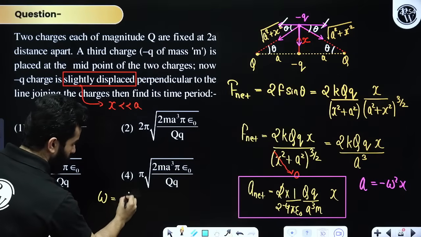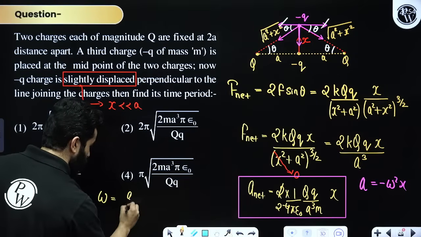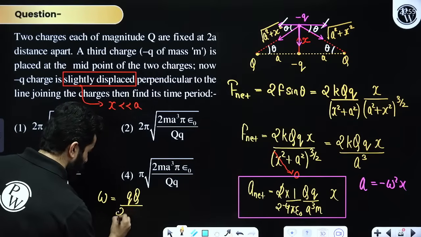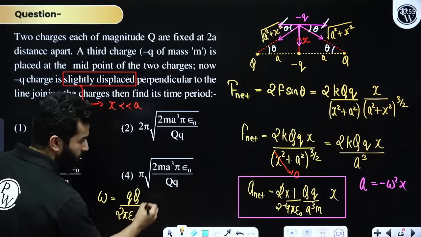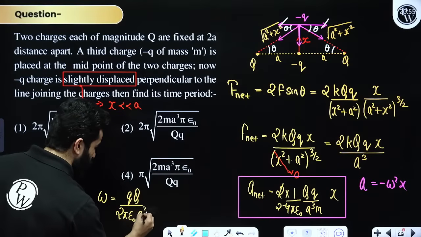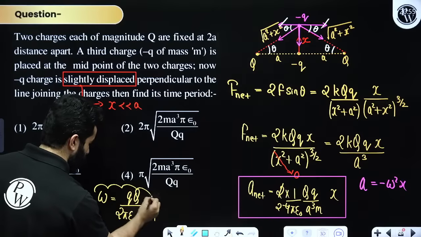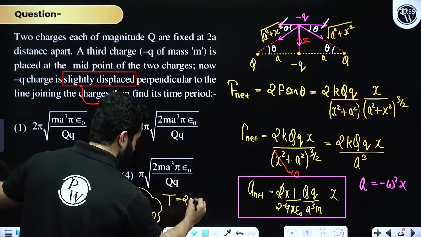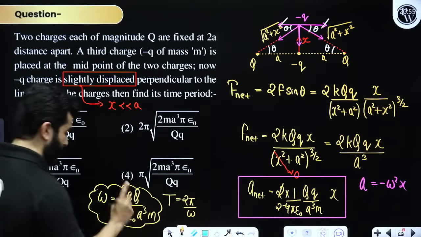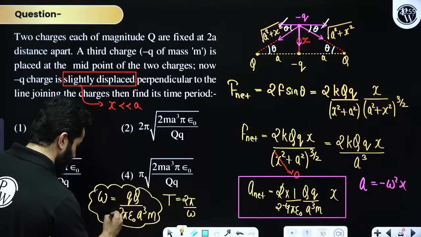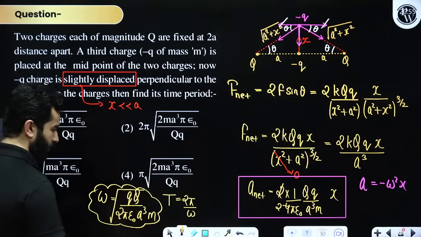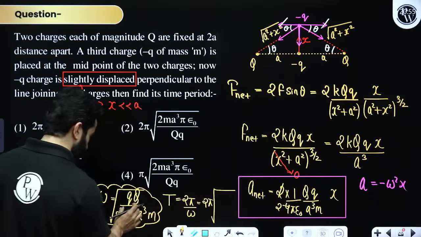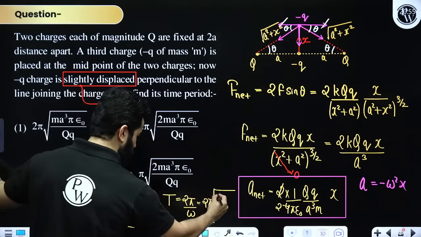So omega will be small q capital Q divided by 2 pi epsilon naught a cube times m. This is omega. So time period will be 2 pi by omega. By the way, this is not omega, this is omega square. So omega is going to be under root of this, right? So if you put 2 pi and under root, in the denominator you have got 2 pi